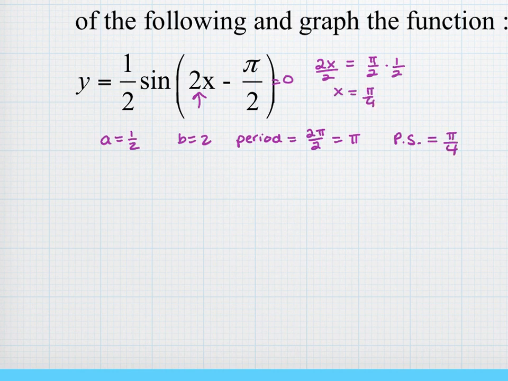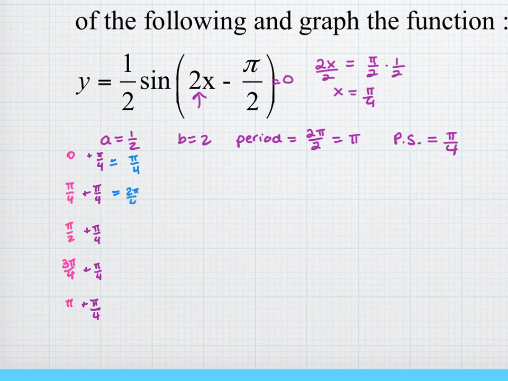Now it's a positive, which means I'm shifting everything to the right. So I'm going to take my period, multiply it times 1/4, and I get pi over 4 times 1/2, pi over 2, 3 pi over 4. And then the last one is the period, and the first one is 0. And now I'm adding my phase shift. And I get pi over 4,